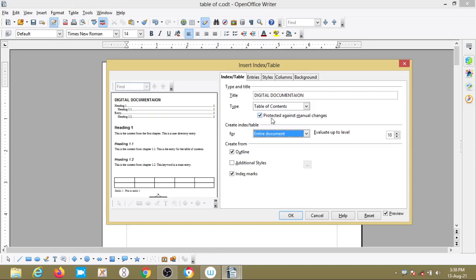If I want to prevent any changes in the document by protecting against manual changes, I don't want to manually change anything in the preview of the index table of contents. So, manually I do not want to change anything, that is why I am selecting this, and create index or table.